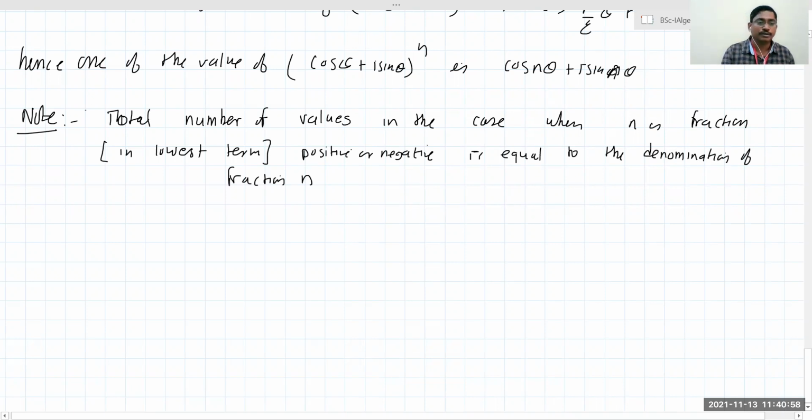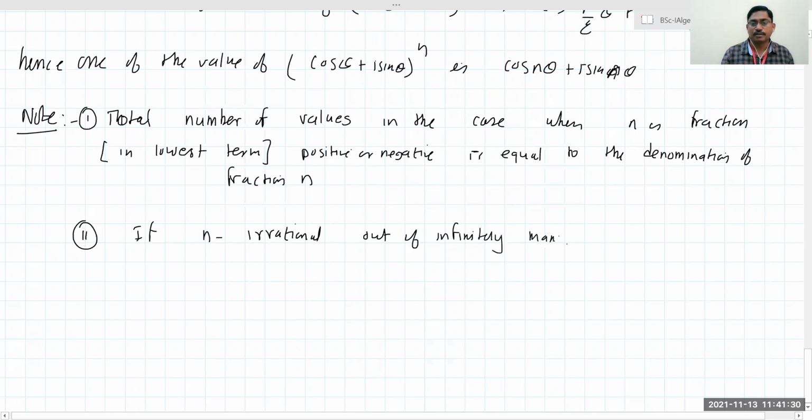So this will be note 1, and writing note 2. We didn't make a case of irrational number. So there will be a total of infinite number of values, because in irrational representation you have infinite representation. There is no unique p/q form there. Irrational numbers we know well. If n is an irrational number, out of infinitely many values,